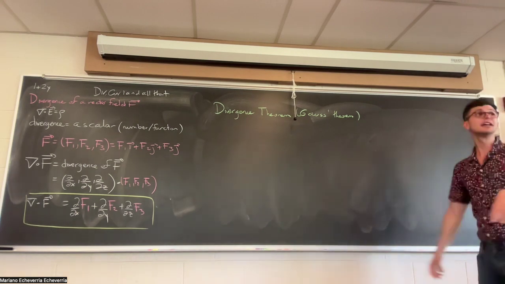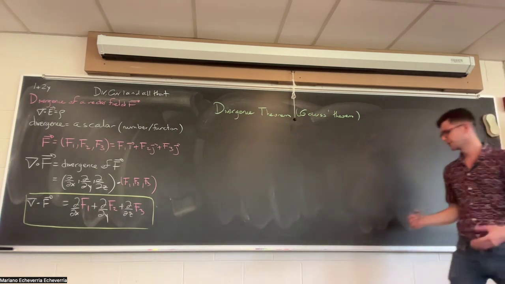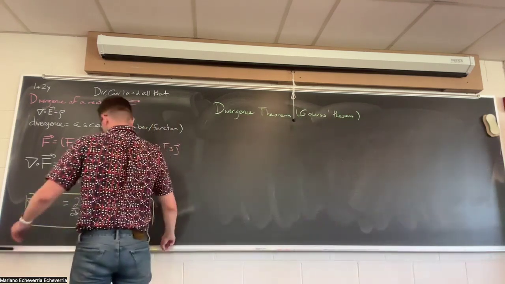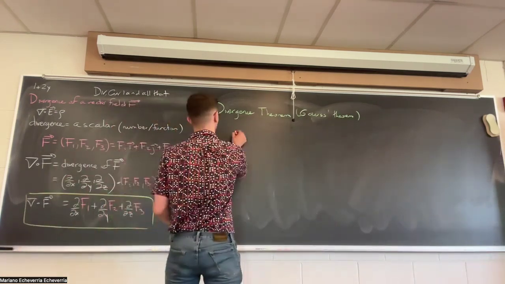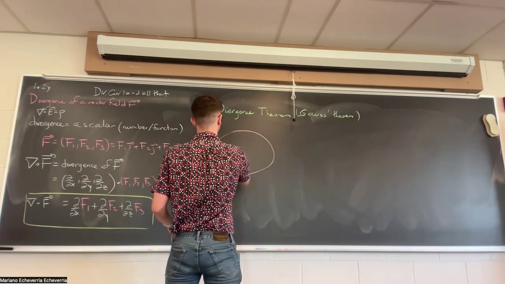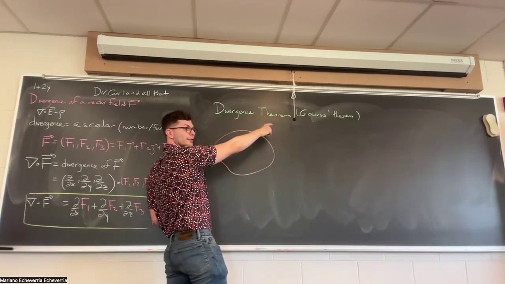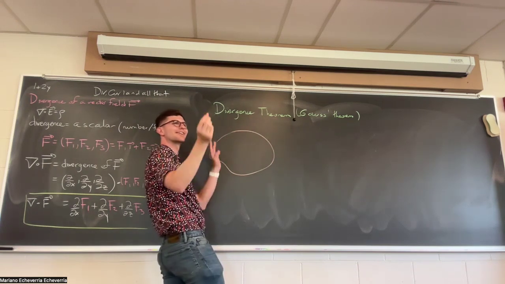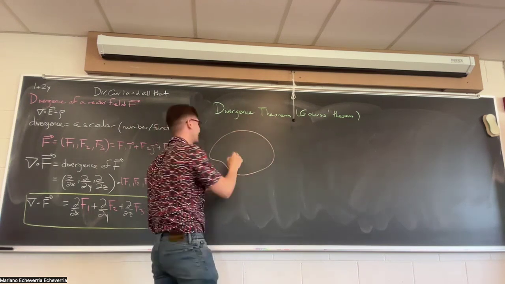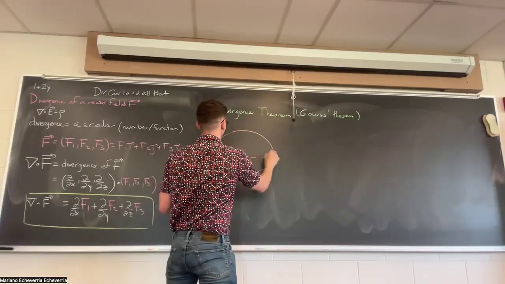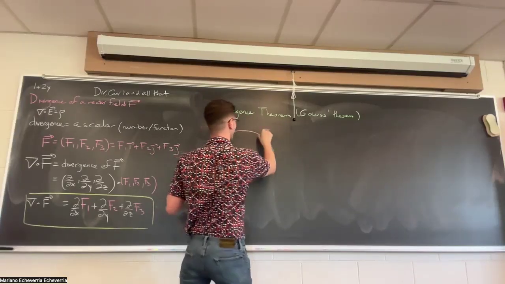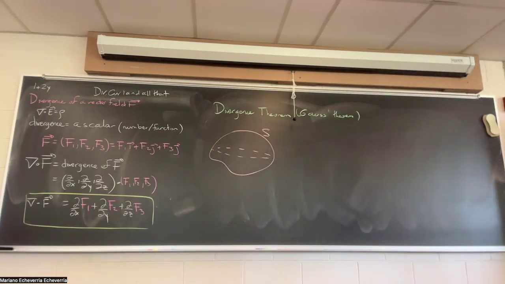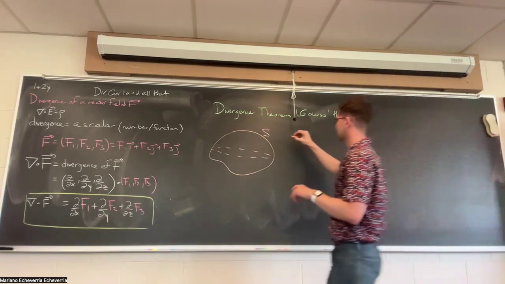So what it says is that if you have a closed surface, right? There's a Gauss law in electricity and magnetism, which uses the divergence theorem. So it's very confusing. That's why it's better to call it the divergence theorem. So if you have a closed surface, so here this is a closed surface.